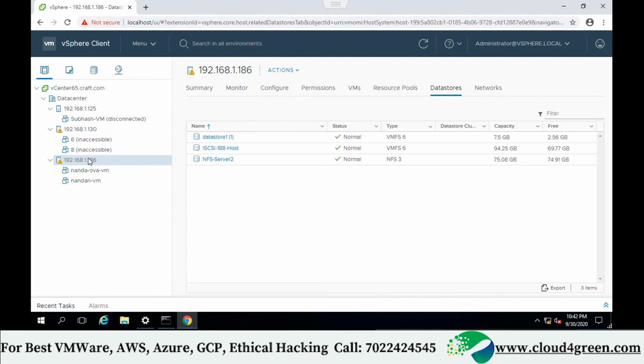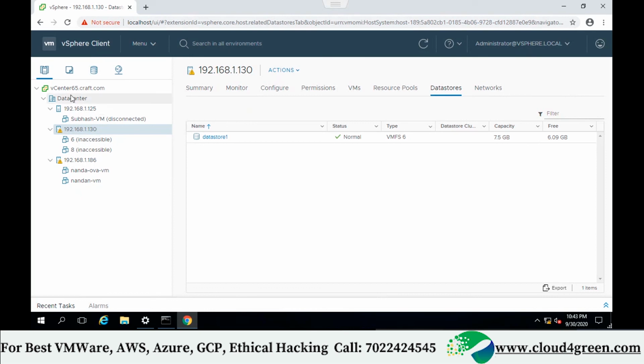Let's see if Nandan has done it correctly or not. He is my student number 1. See, all 3 are visible now. Let's see Subhash. Subhash also did well. All 3 host data stores are visible. So only Lohit is the culprit. Understood now? Now I am going to log off from this machine. I'll remove everything. You do it individually.